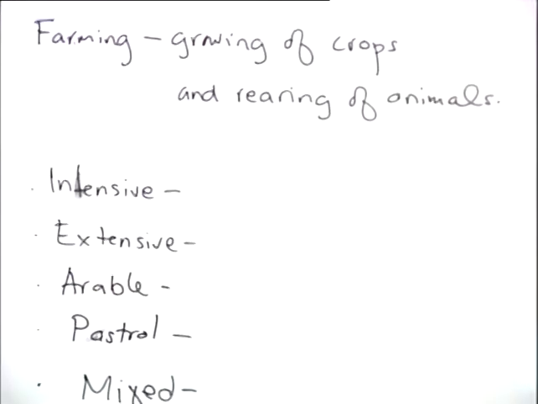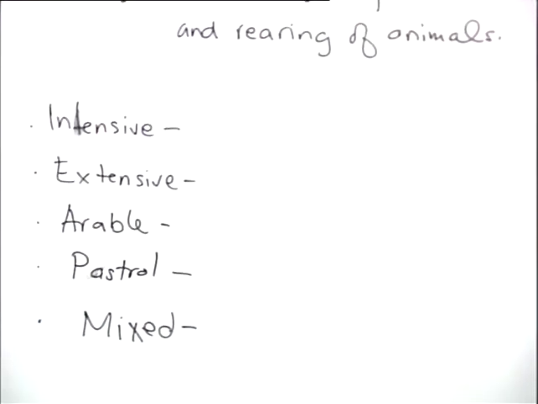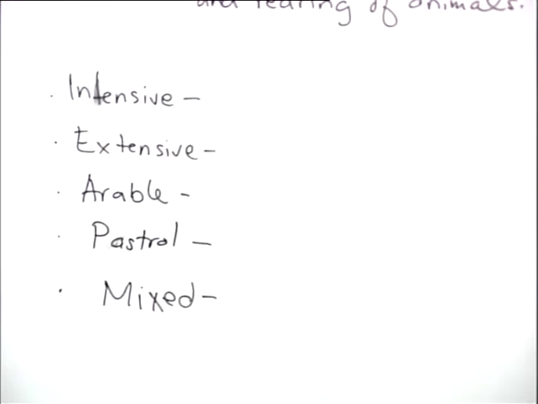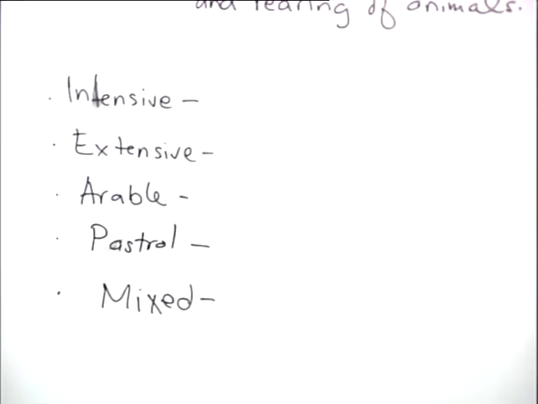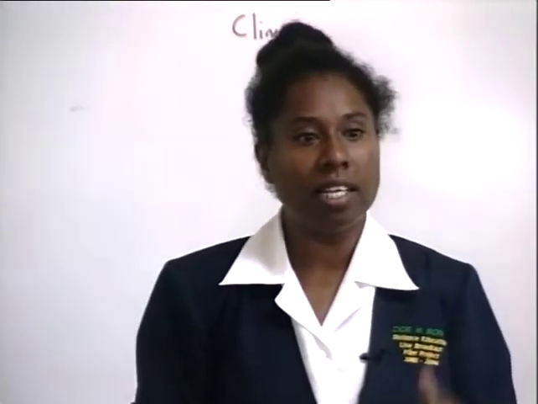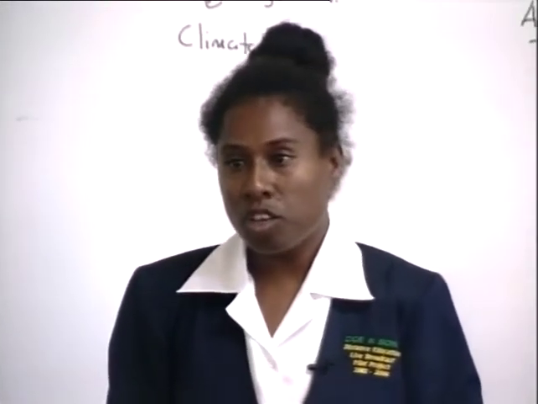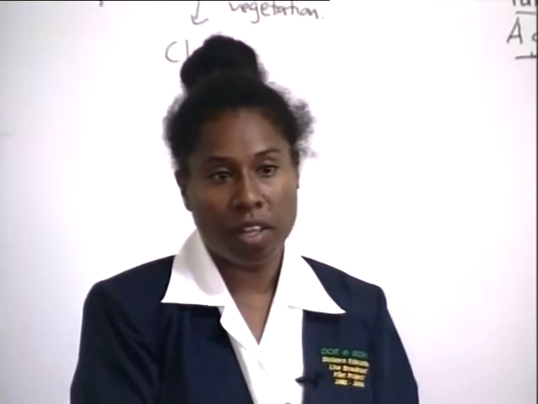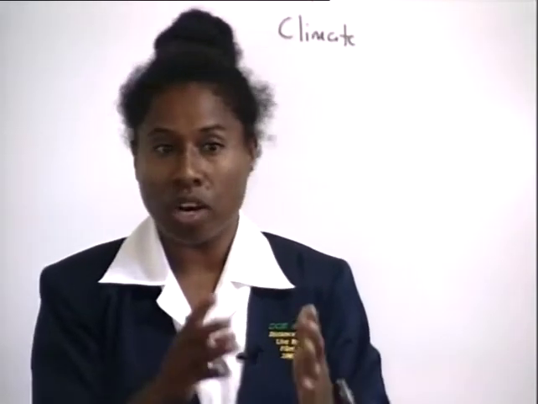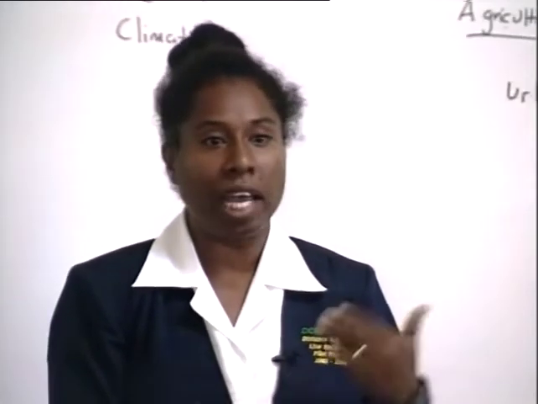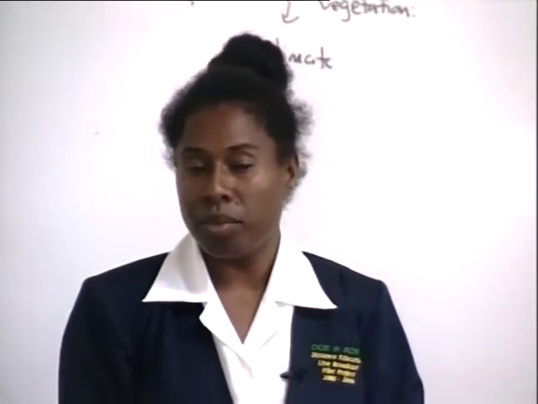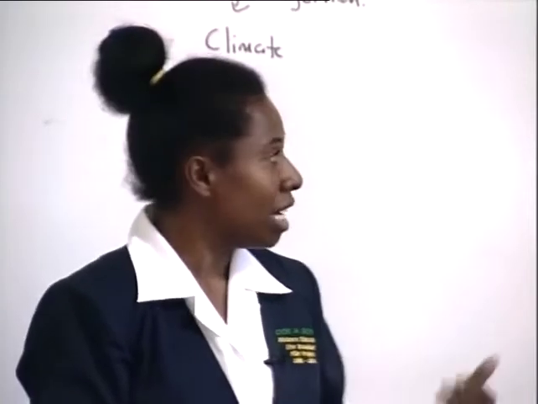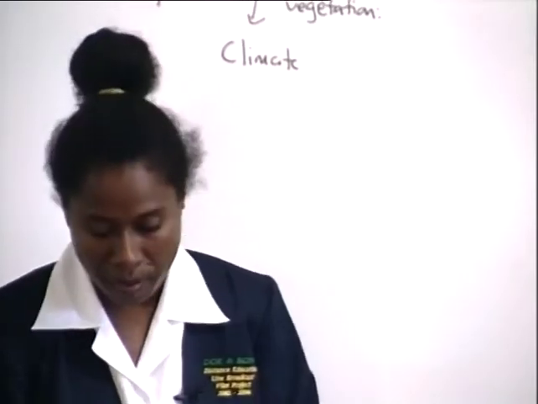And then we also have mixed farming. Mixed farming will involve both pastoral and arable on a farmland. So you might have corn or maize grown, as well as the looking after of pigs. You might have wheat growing, and you might also have sheep. The wheat and sheep may be together on a farm, or you might have maize or corn and pigs together on a farm. So you have both animals and plants being grown or looked after on a particular farm. Then we have mixed farming.